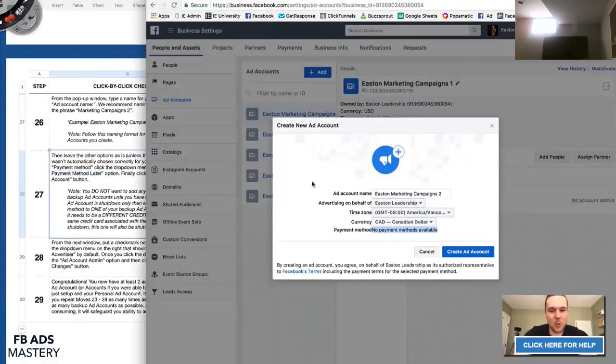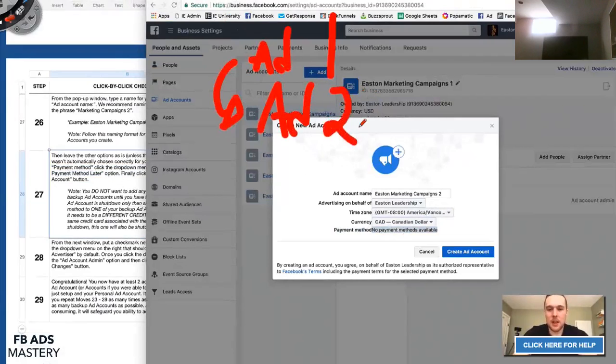You do not want to add a payment method to your backup ad accounts. Okay, the reason being is because the only time you're going to add a payment method is if your main ad account gets shut down. So if ad account number 1 gets shut down, then you'll transition to ad account number 2 and you'll add a payment method. But the reason why you don't want to add a payment method to ad account 2 is because a lot of times what people do is enter the same billing info in both ad accounts.